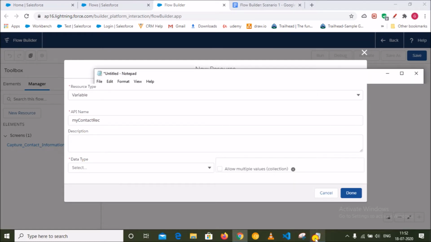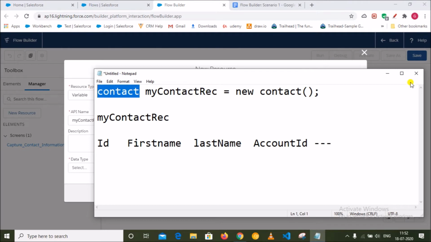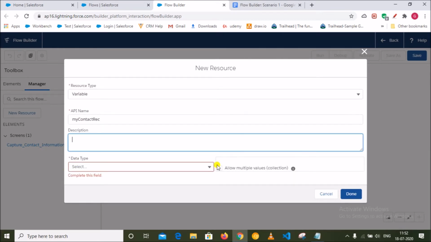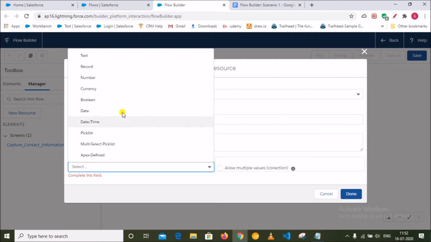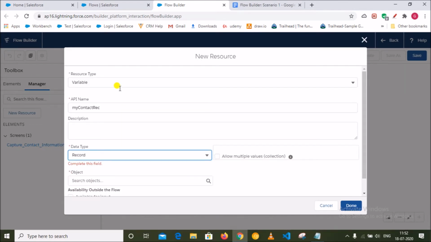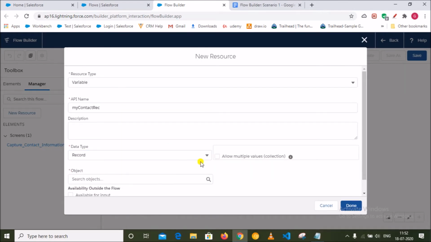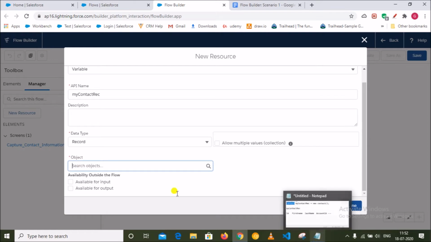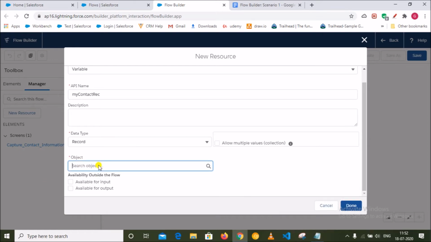And the data type? If you see here, the data type is contact. I will select contact. The data type is basically a record data type. After that we will select the object name. If you see here, the object information is available. What type of record am I going to create? I will use the contact object.